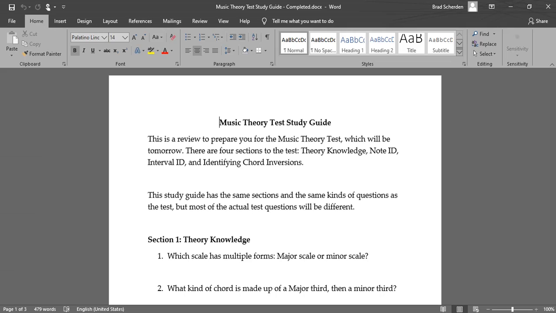I'm not going to read what I have written here, but this is set up exactly how the test is, and rather than me telling you on the form what you need to know, I have a bunch of questions that are very much like the questions that you will see on the test. Now, the test is going to be a little bit longer. Most of the test questions will be different from what we see today, but don't be surprised if I reuse